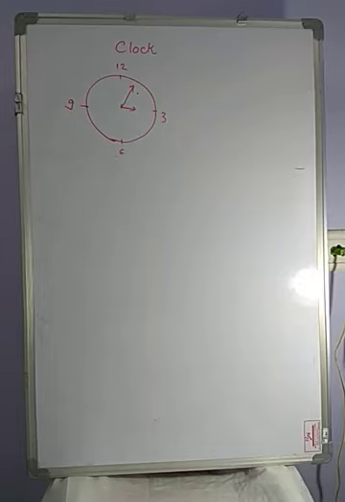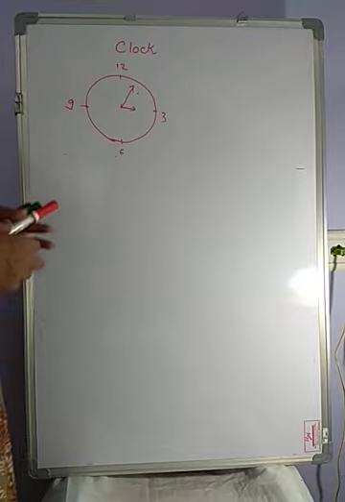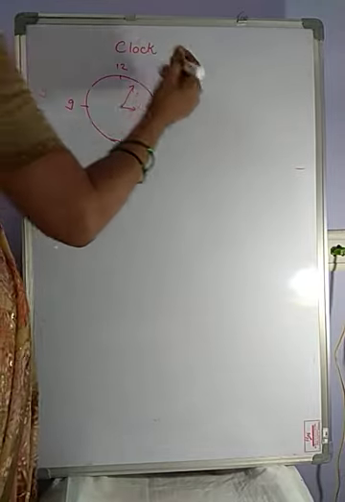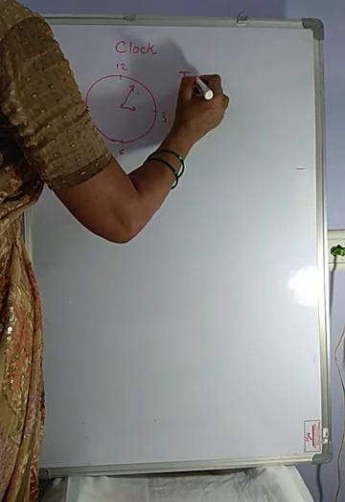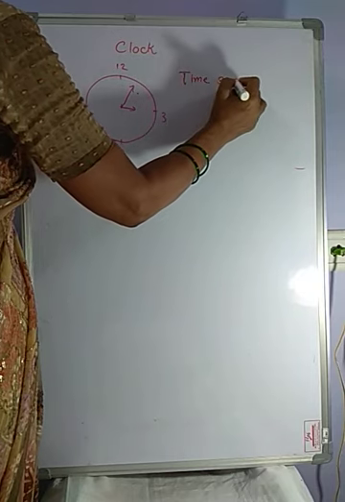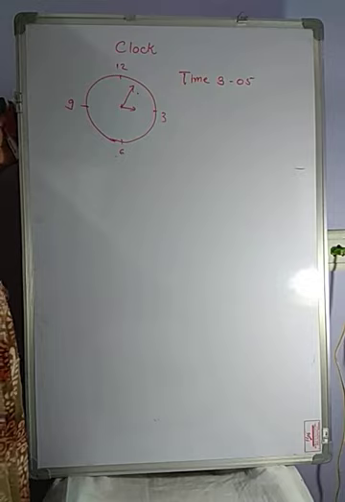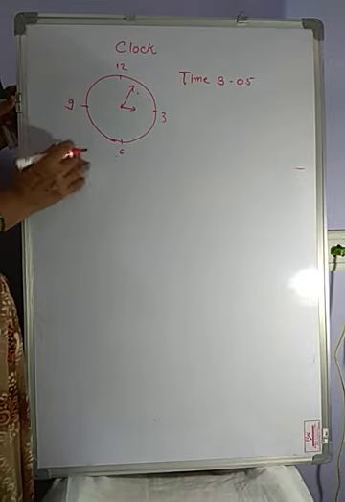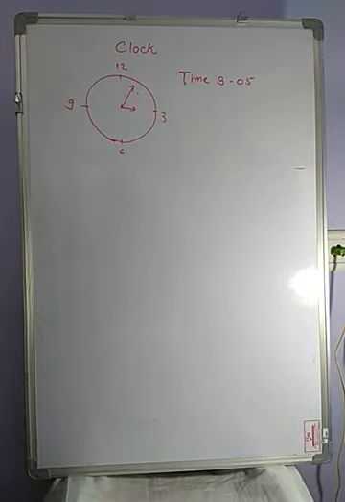Hello friends, today we are going to learn about the clock in a different manner: how to measure the angle between the two hands of a clock. Here the time is 3 o'clock and 5 minutes. Before that we must remember the previous things given